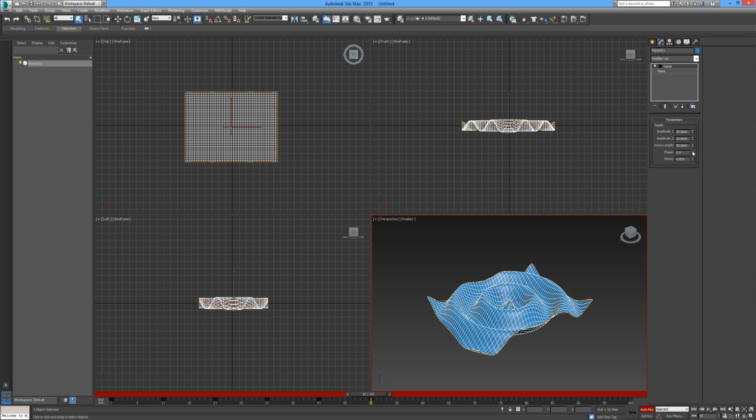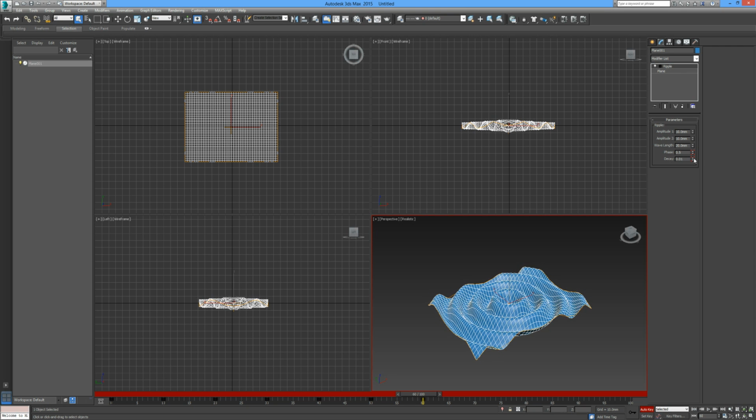So I'm going to bring that up again to 0.4 and bring this down to 20 and bring this to 60. Move the phase up one more, bring the decay up a little bit more gradual just to give it less of an erratic flow. Let's go over to 70. Move the phase up one. Let's move that decay up to get a nice gentle transition from the center point as it moves away from the pivot. And let's go to 80 and we put the wavelength to 10